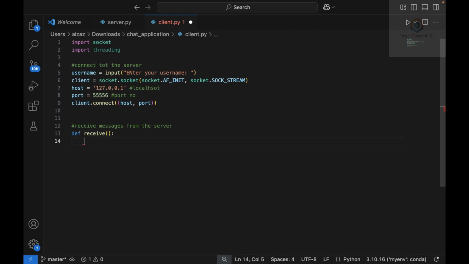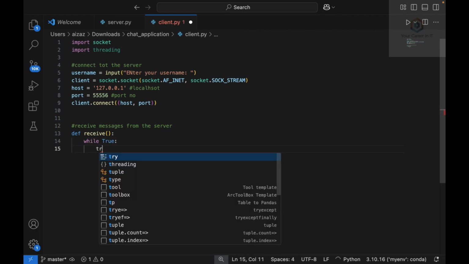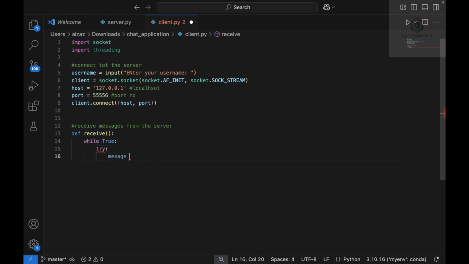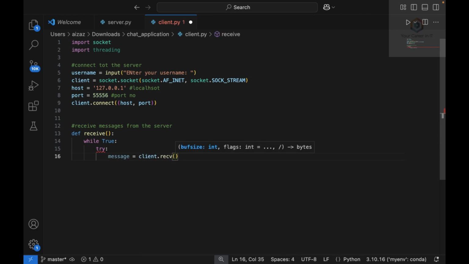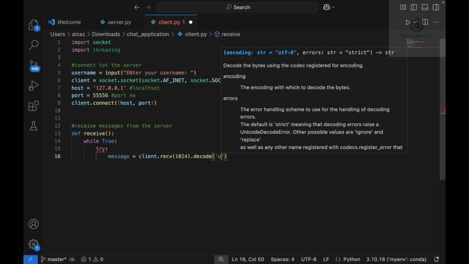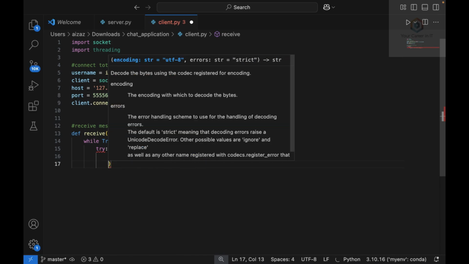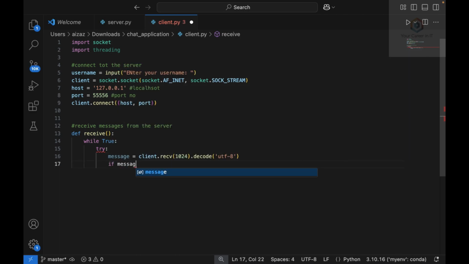Okay, now after this, here we use while True, then try: message equal to client.recv(1024).decode('utf-8'). Now here we use the if condition, if message